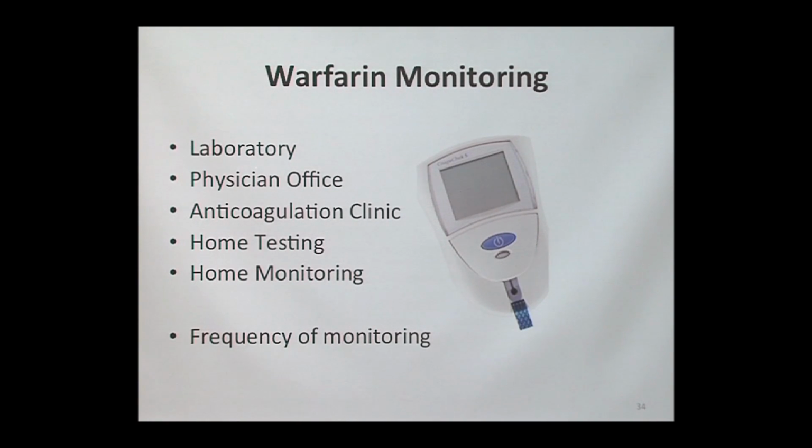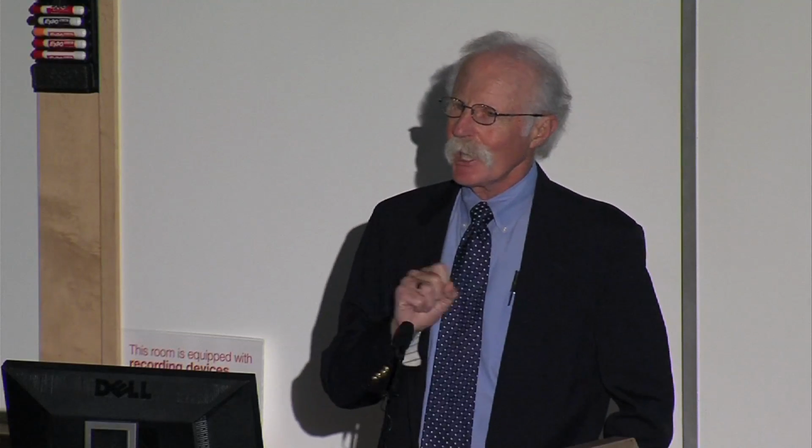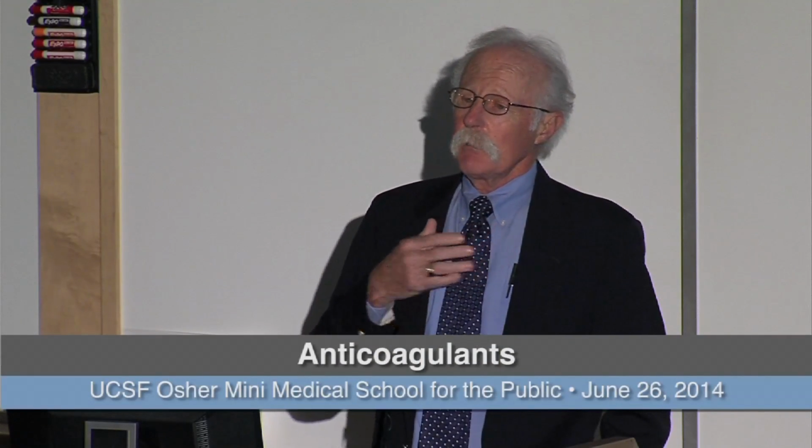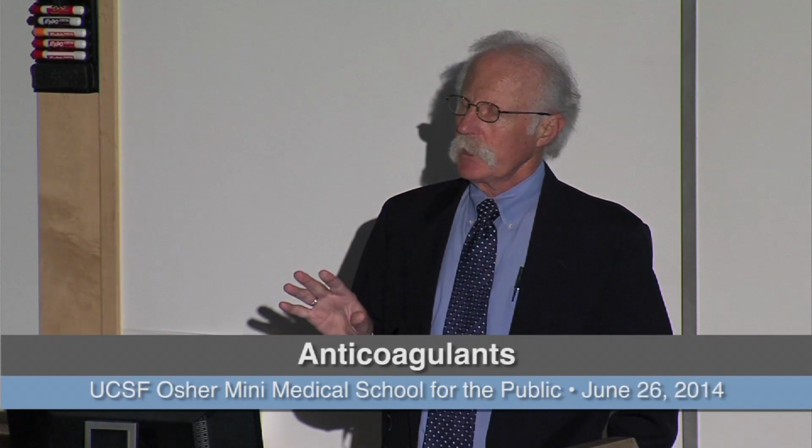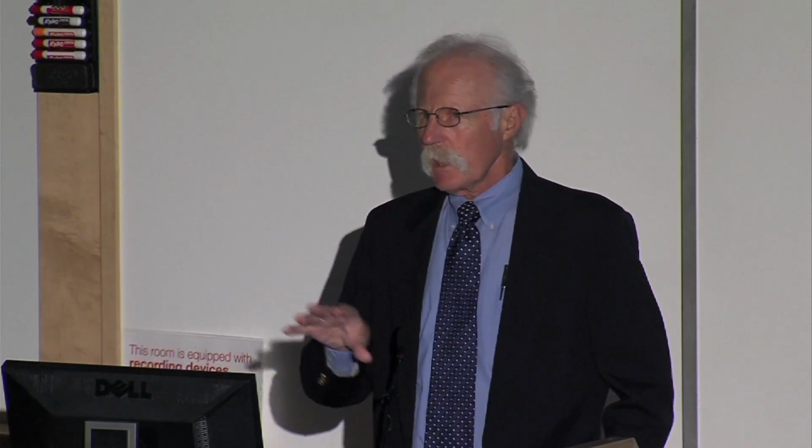The INR stands for International Normalized Ratio. And it's not important to remember that, but I think the key word here is international, at least in my mind. Because what this test has allowed us to do is to measure how well the warfarin is working, but it allows us to really compare it all over the world. So we have patients who are not,